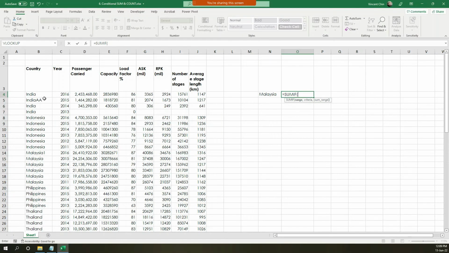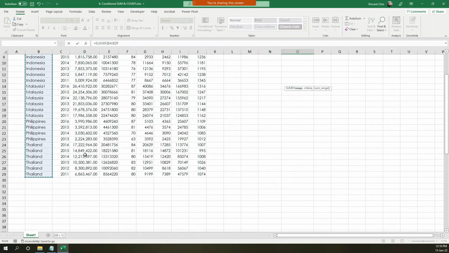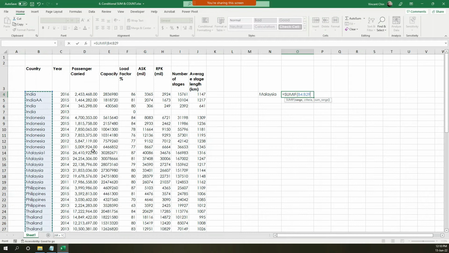Range. Click on this. I know it's so long, the list downwards, so I want you to use Control Shift down arrow. Control Shift down arrow. You can select it manually also. Then comma, criteria Malaysia,